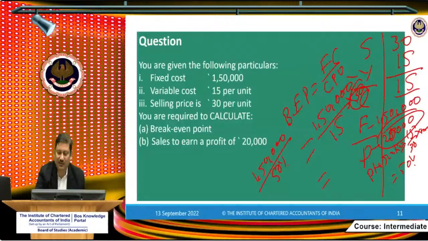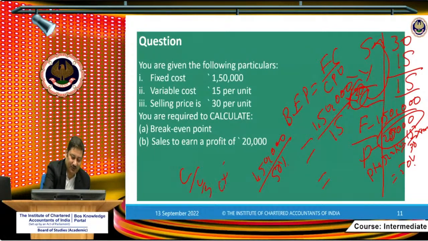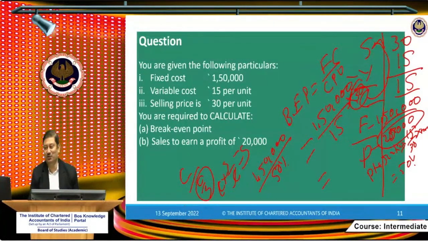1,50,000. So what is your contribution? Your contribution will be 1,70,000, the addition of these two. Now from contribution, if you want to go to sales, C is given to you and you want to calculate S. How can you do it? Divide it by C by S, that is, C into S by C, that is S. And what does C by S mean, beta? PV ratio. Very good. So this will be the PV ratio.